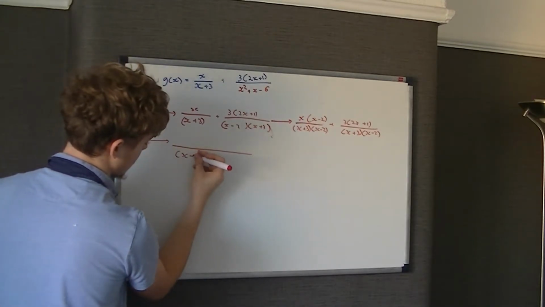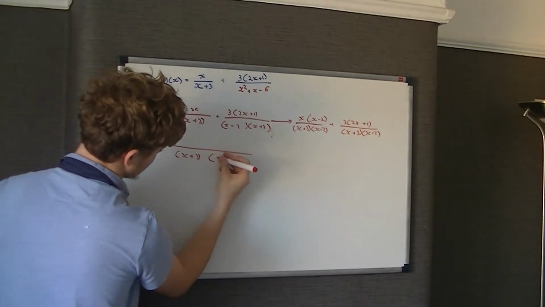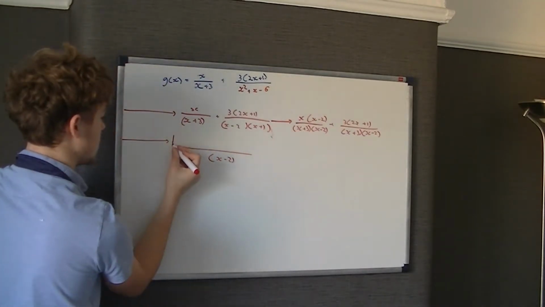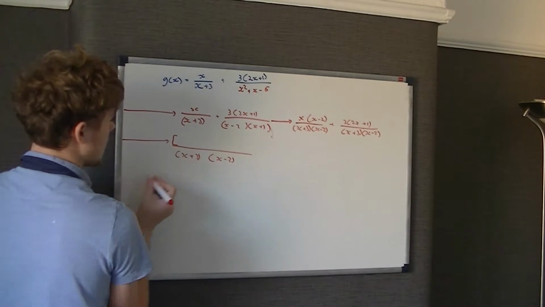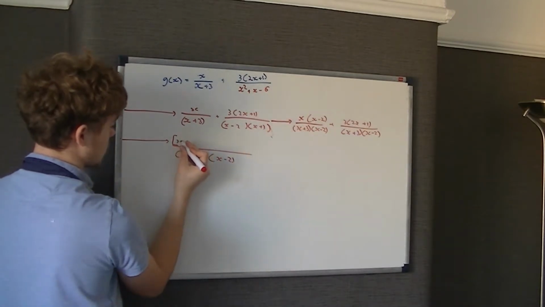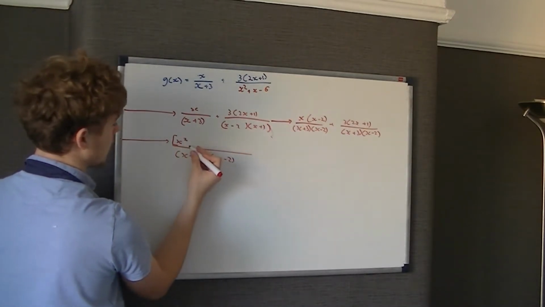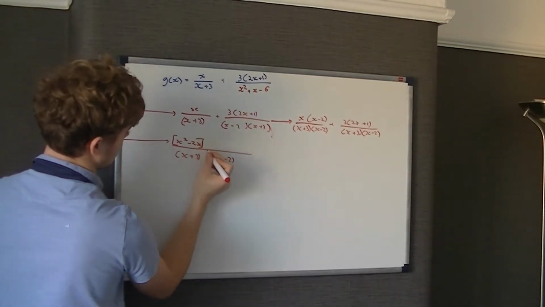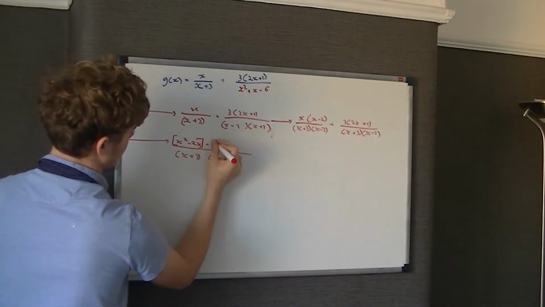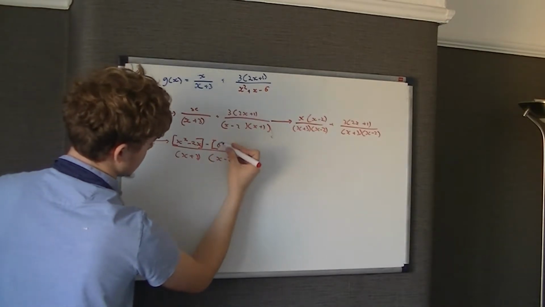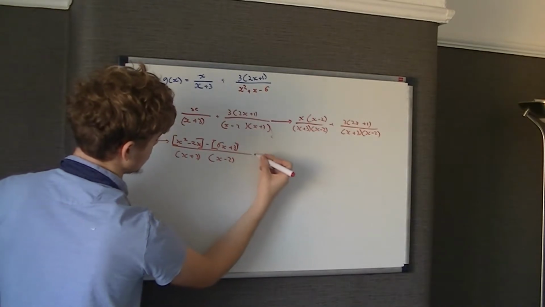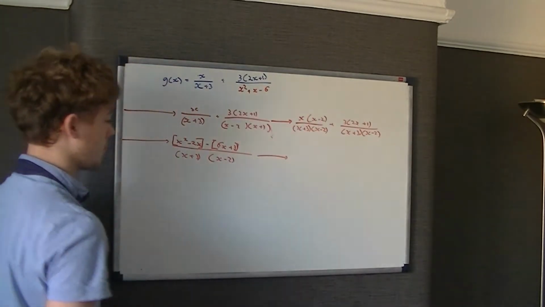So therefore, we put this all over one factor, like you probably did before. So it's x plus 3, x take 2. The first one is going to be, so I put these in square brackets on top, so not all taken away. So the x times x is going to be x squared. X times minus 2 is minus 2x. Take away 3 times 2x is going to be 6x, obviously, and plus 3. So therefore, if we simplify this down,